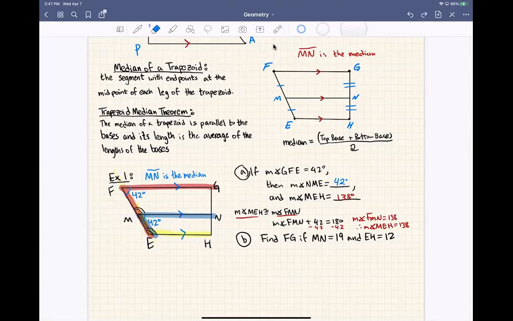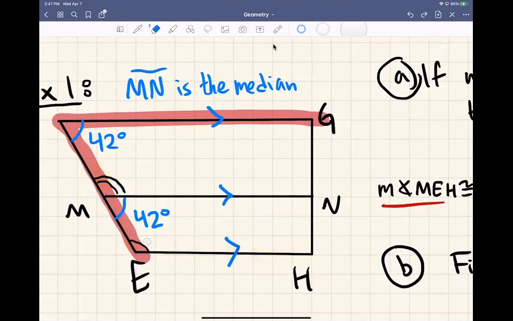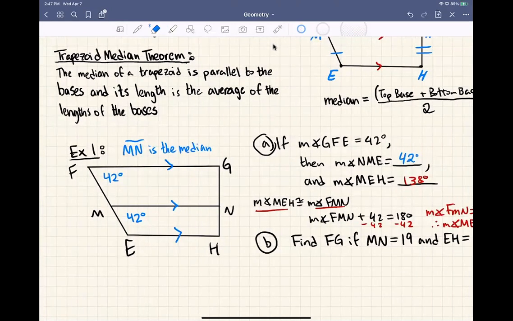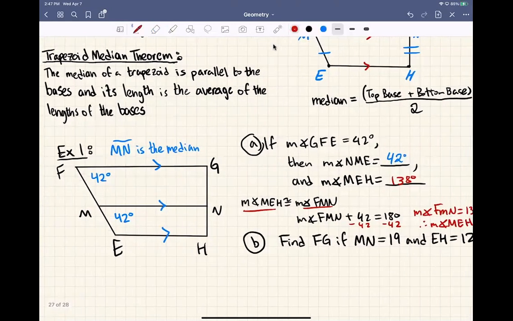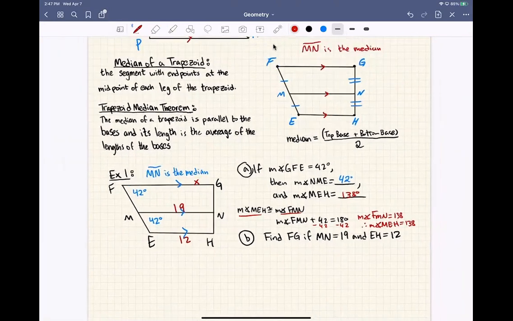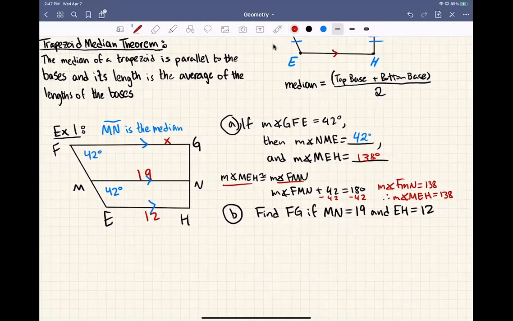Oops, too much. Let me zoom in. Let me get rid of all the stuff we don't need. Okay, so we have that stuff labeled. And our problem 3 says if MN is 19 and EH is 12, what is FG? Okay, so now I want you guys to remember that because MN is the median, then that